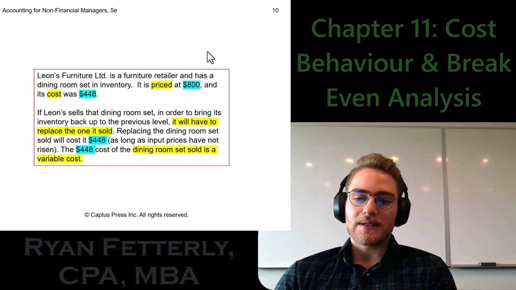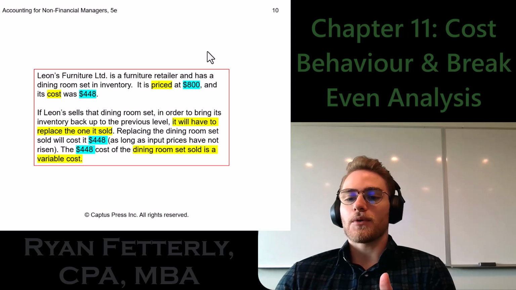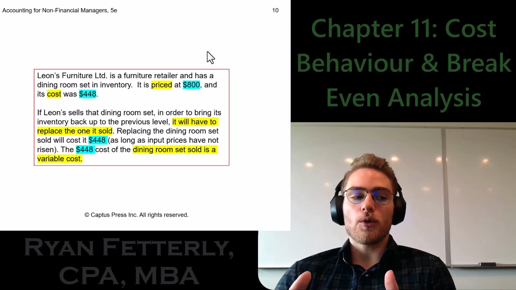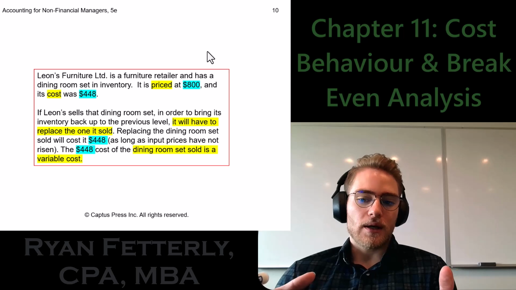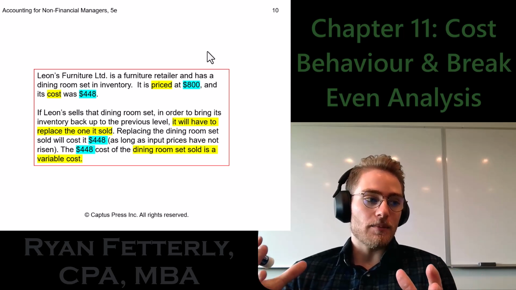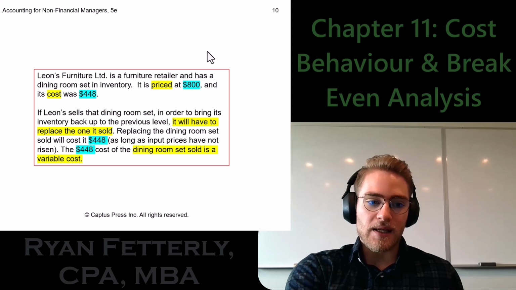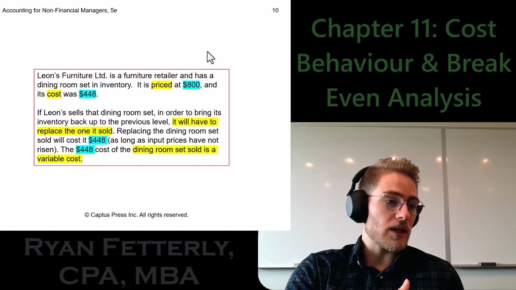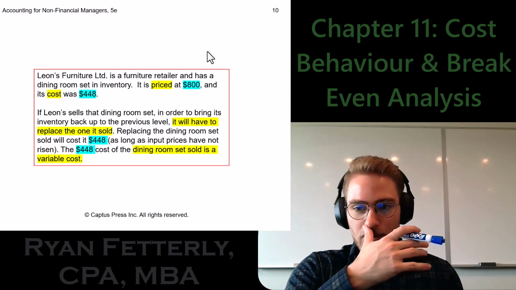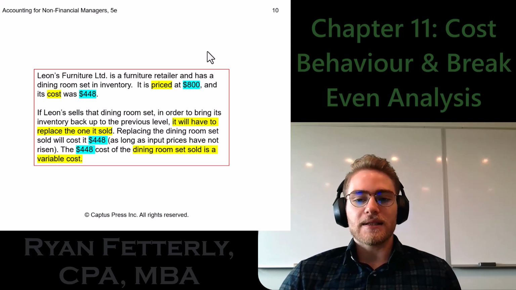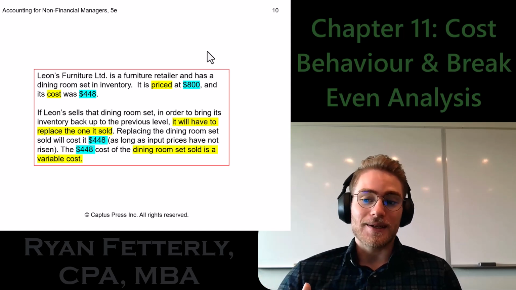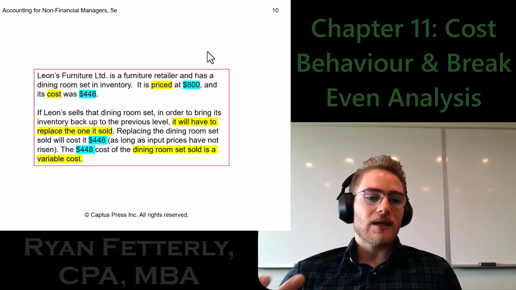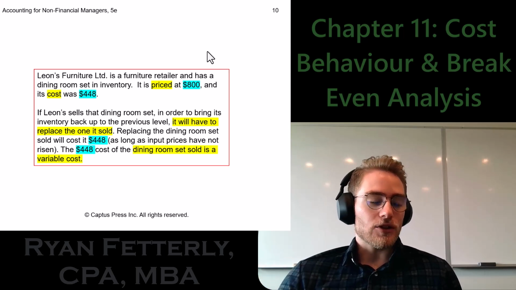So if Leon's sells that dining room set, in order to bring its inventory back up to the previous level, it would have to go buy another one, right? That dining room table is now off our showroom floor, and we want to sell more of them, because we're clearly making a half decent margin here, right? Over $200 per table, about 352. Sorry, my math is off today, long day. So if we want to sell another one,